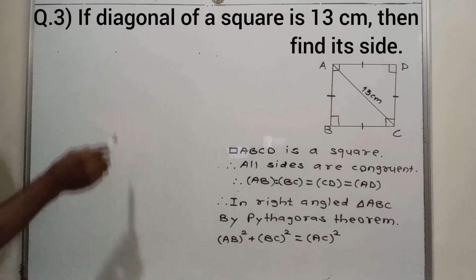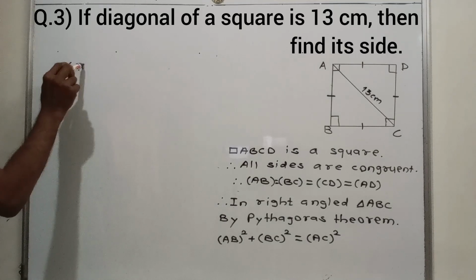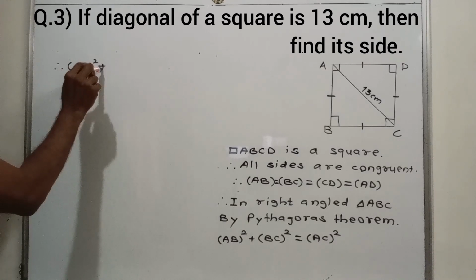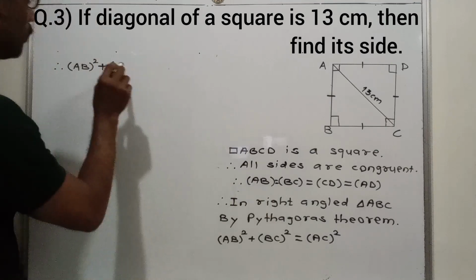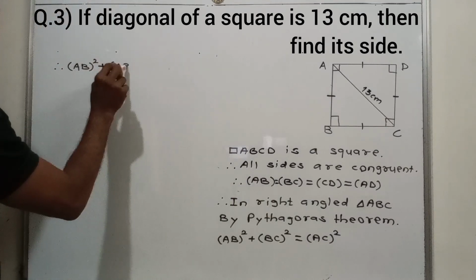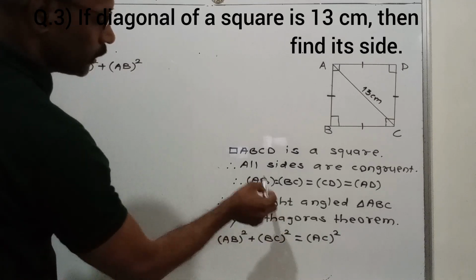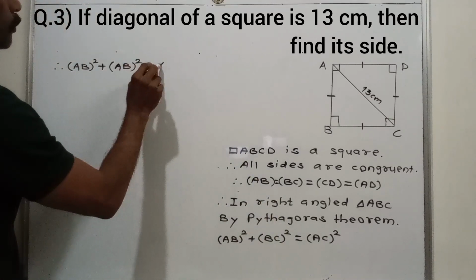Therefore AB square plus, instead of this BC we write AB, and this square is equal to